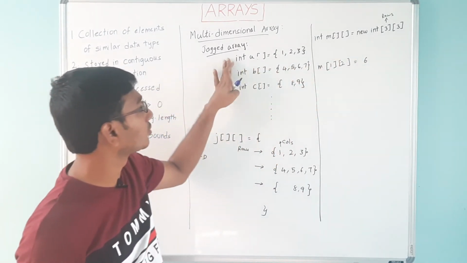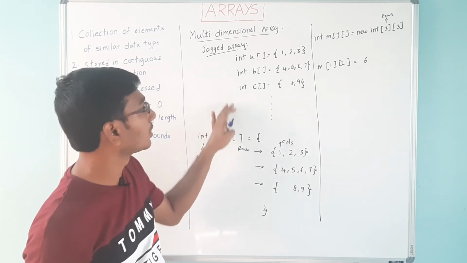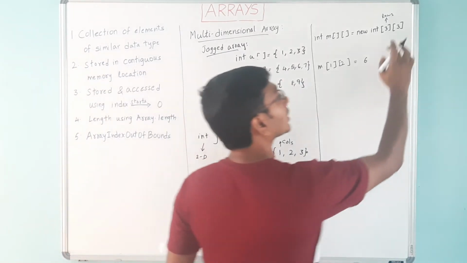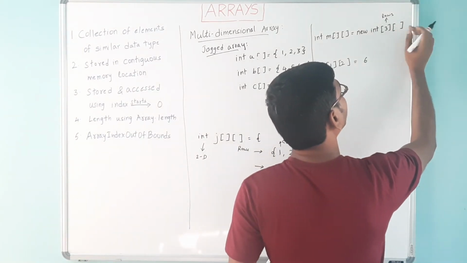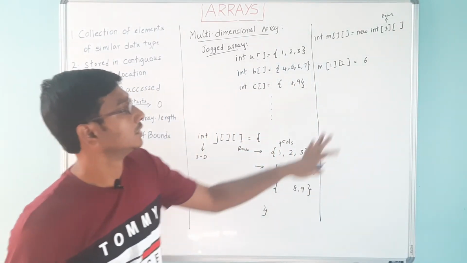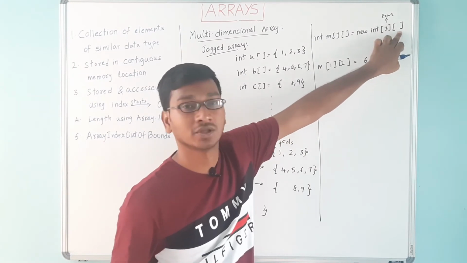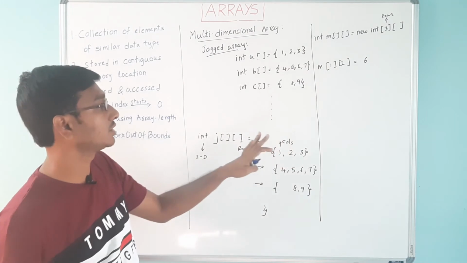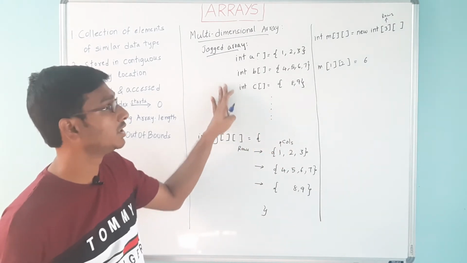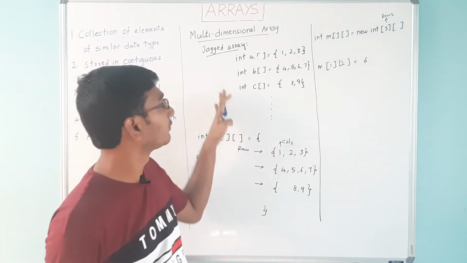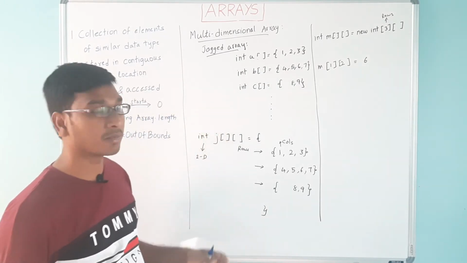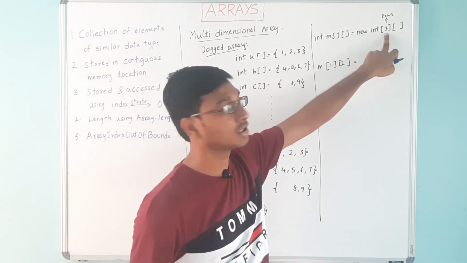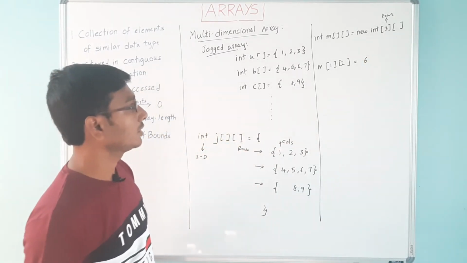So what is the maximum number of columns for an array? You can see here, B has 4 elements, which is the maximum. So you can write it as 4, or we can just leave the square braces empty. So we don't need to mention the columns here. We can just leave it as is, as we are not sure how many elements each array has. But if we already know the maximum number of array objects you are going to store, you can mention that number here.